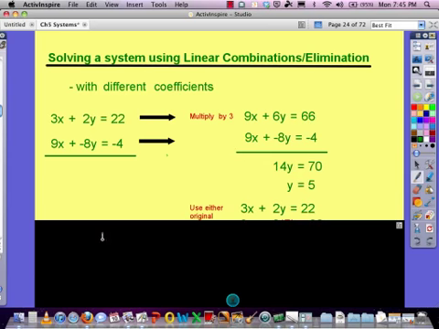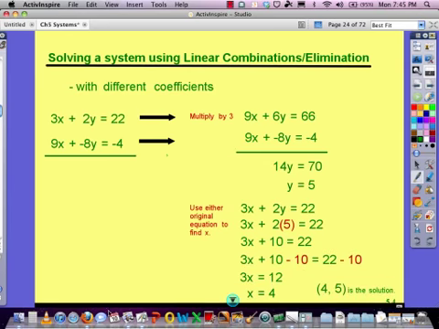Again, use either one of the originals. This one's a little more complicated. The equations are a little tougher. But go ahead and substitute the 5 in for y. Be careful you get it in for y and not x, as we did here. And then do the math. Once we get 3x plus 10, we move the 10 over. We divide by 3. X equals 4, and we'd already gotten our y value, so 4, 5 is the solution